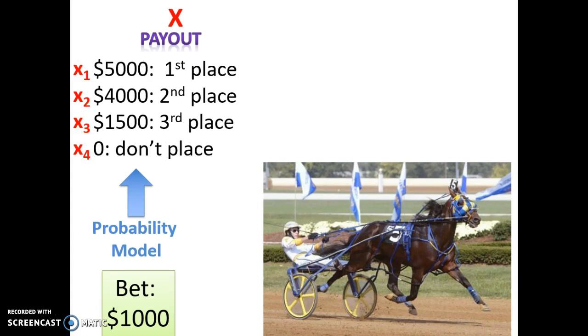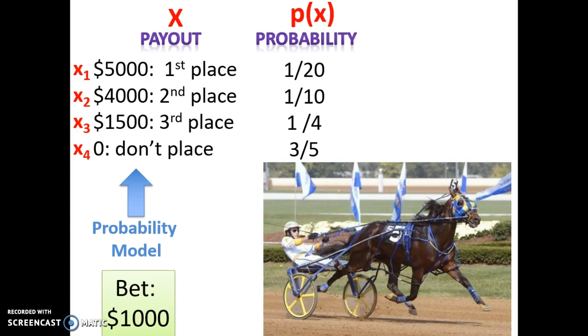Now, to figure out the expected value, of course, you need to have the probability. And actually, in betting, you can figure this out. You get the horse race booklets, and there's the history of the horses, so you actually can kind of get an idea of the probability they'll win. And so here's some probabilities. And then we just have to check to make sure it's correct. So, of course, all the probabilities always add up to 1.